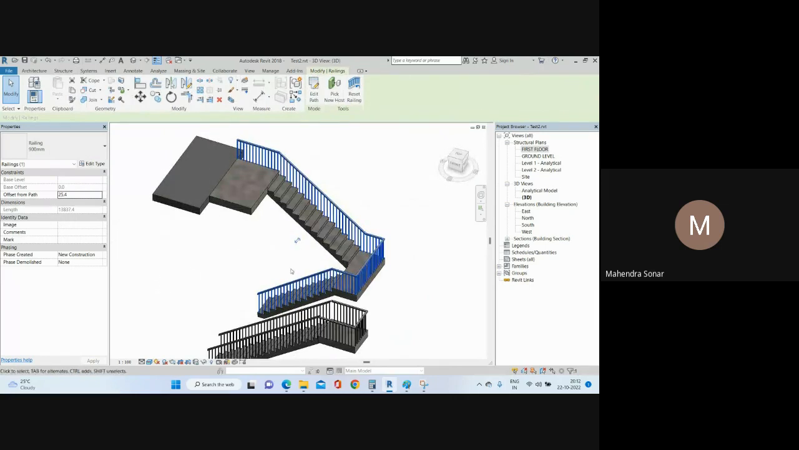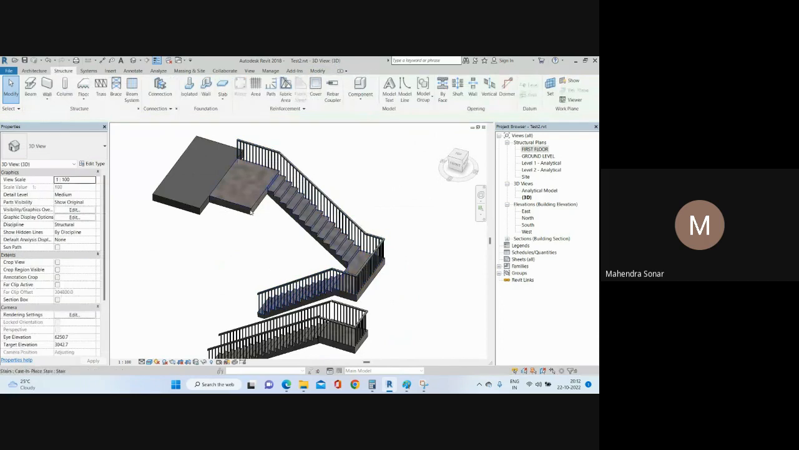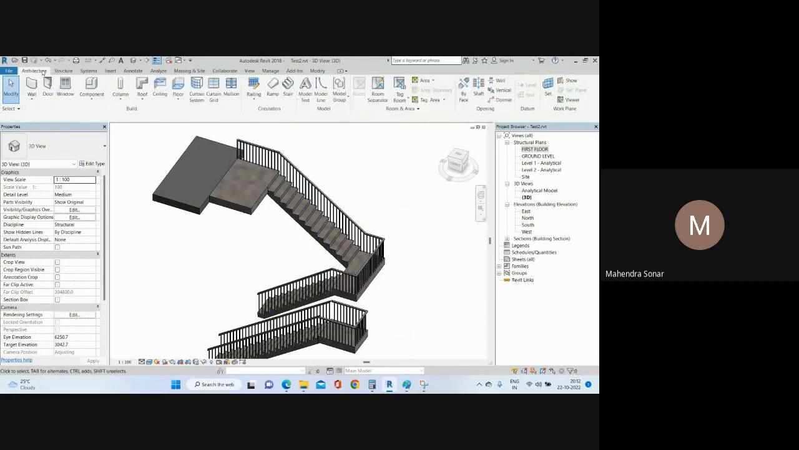But in that case you can add a new handrail railing. So you need to go to Architectural and click here, railing. You have one option just near the stair, and just select here, and this is the sketch path. I will show you what the purpose of this sketch path is. And you have an option here